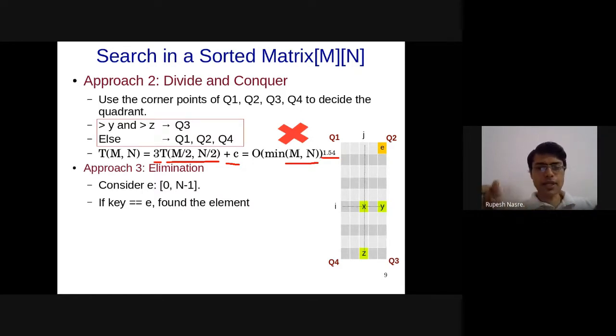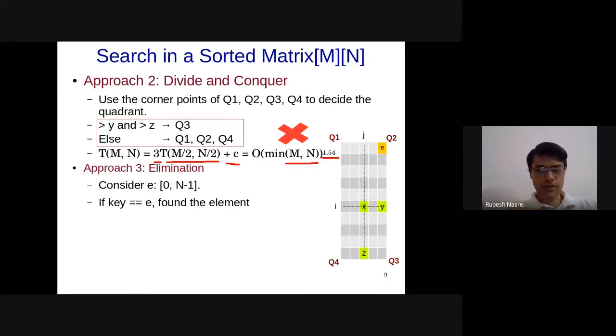Because after that you get just a simple row or a simple column, and that you can apply our binary search.